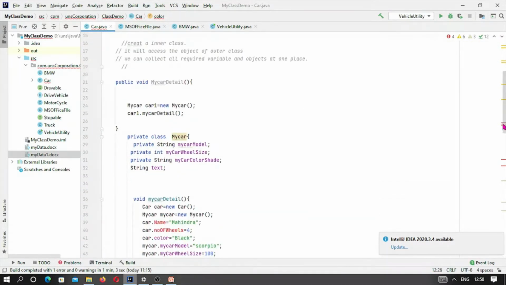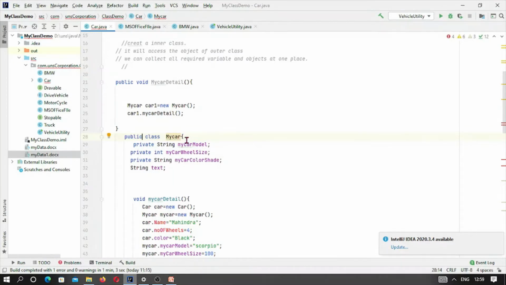First we have to create a class. So inside a car class we have created another inner class, that is my car class. Okay, so this you can see. First let me eliminate this word, and this may be public also. There is no need to create a public class inside a class, but let us do it. And this is a public inner class, and here also we have created three fields.